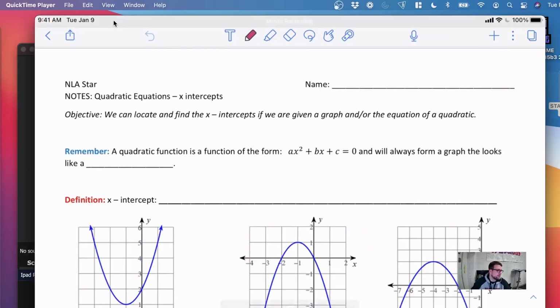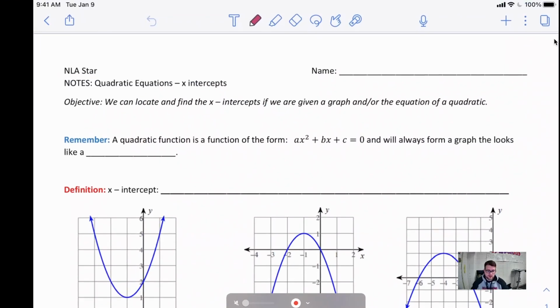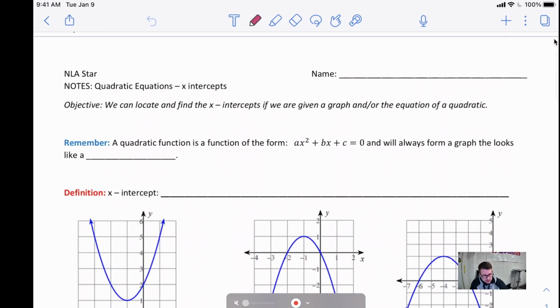Today we are going to be talking about the x-intercept of a graph. So yesterday we talked about the y, today we're going to talk about the x. Our objective is that we can locate and find the x-intercepts if we are given a graph and the equation